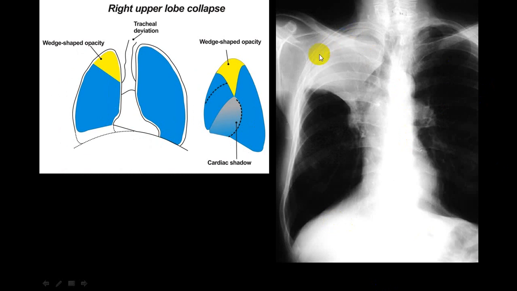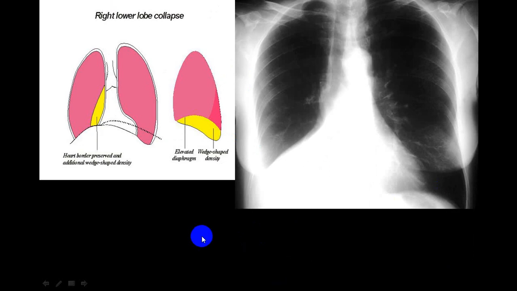So you can see here, there is a dense shadow, radiopaque shadow. See the trachea is to that side, hilum is pulled up, diaphragm is partially pulled up, there will be little crowding of ribs. This is right upper lobe collapse. So try to identify, this is a right lower lobe collapse. You can see a clear cut margin, trachea to the same side, diaphragm I cannot make out, right border of the heart I cannot make out, costophrenic angle also I cannot make out. This is a breast margin, this is collapse. So this is a right lower lobe collapse.